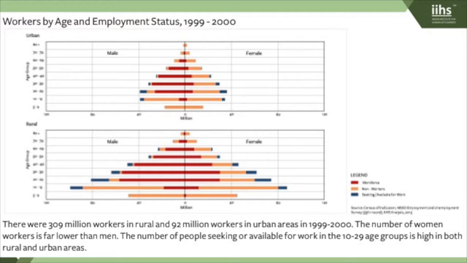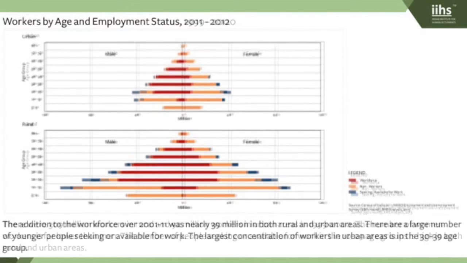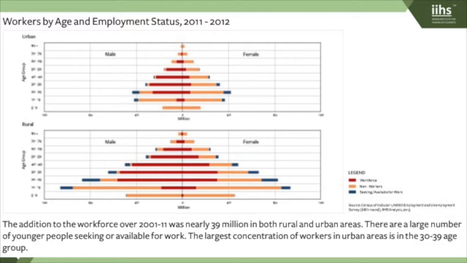Okay. So how does this process actually translate into employment? Because that's the core thing that influences development processes. Same age cohorts, rural, urban, male, female. This is 2000, that is 2011. And what you see here is quite interesting. The reds here, of course, are the people in the workforce, that is people who are actually working. The oranges are non-workers, and the blues are people who are looking for work, so notionally unemployed. India's got sort of dodgy statistics in this space, but the first thing that's most obvious here is the male-female differential. We know this, but the interesting thing, of course, is when we even look at urban India even now,